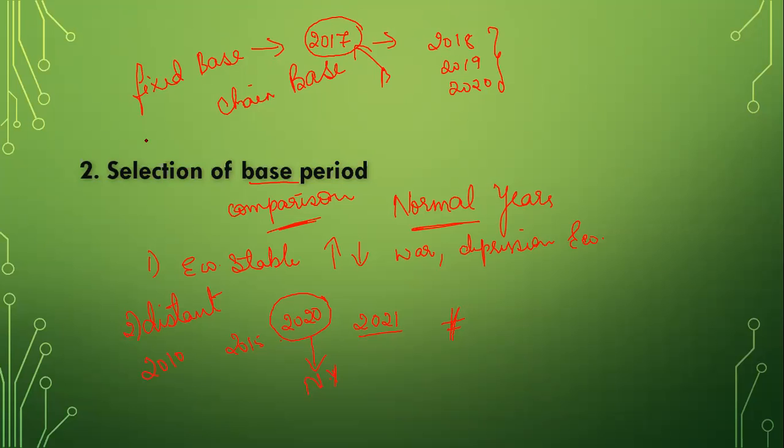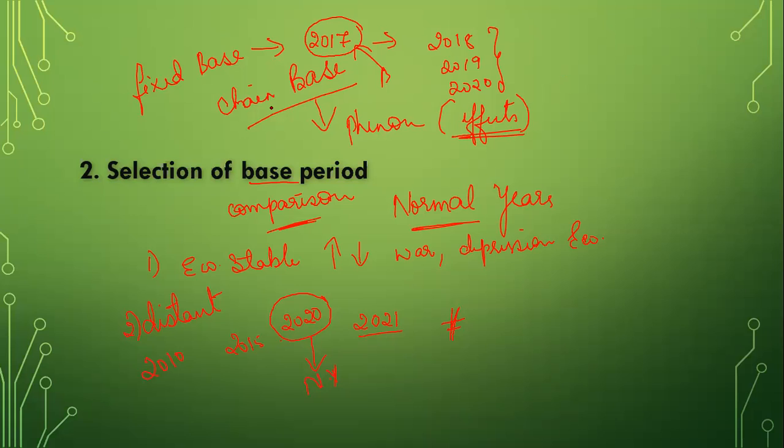So what do you mean by chain base? Now what is chain base? It is not fixed. It fluctuates depending on the year you select, depending upon the phenomena. You can say phenomena or the effects that are happening. Based on this, you can find a particular base year. So that is chain base. So in chain base, what happens is, your base year is not fixed.